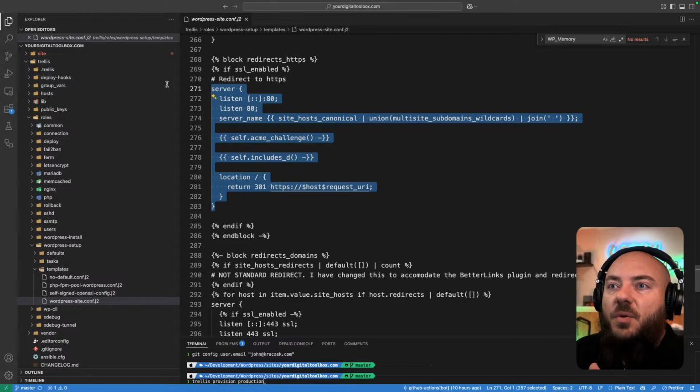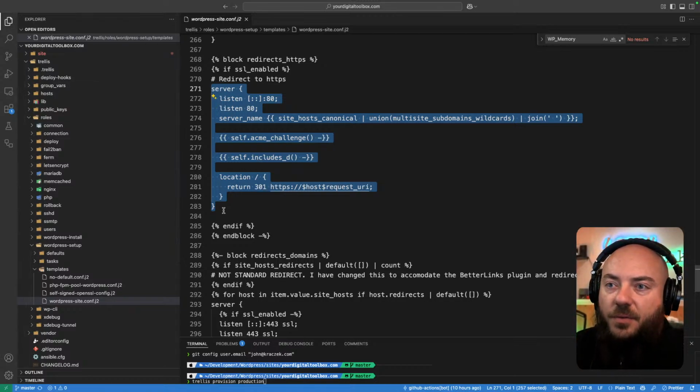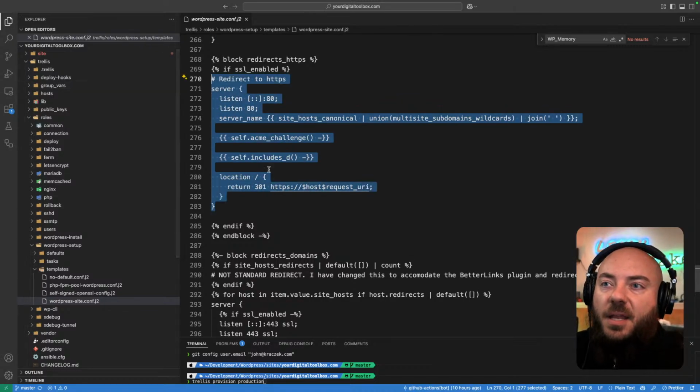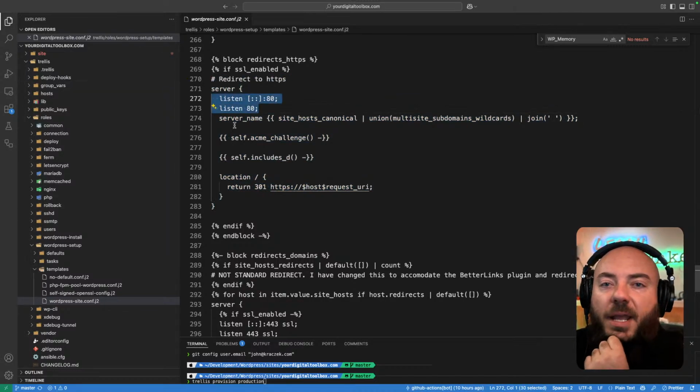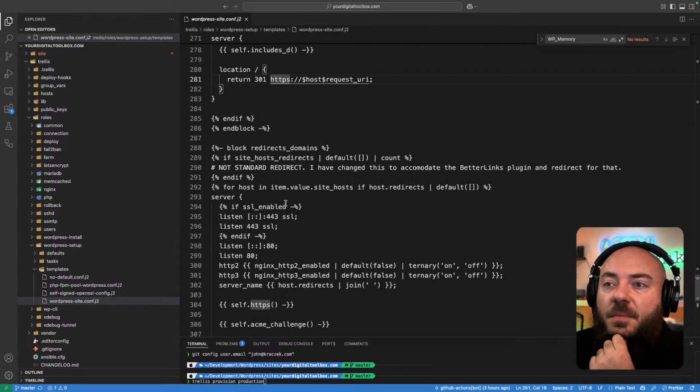This is your server for the normal requests that come in, anything on port 80. That's unencrypted, so it's going to get redirected over to your encrypted stuff. If you come down here,